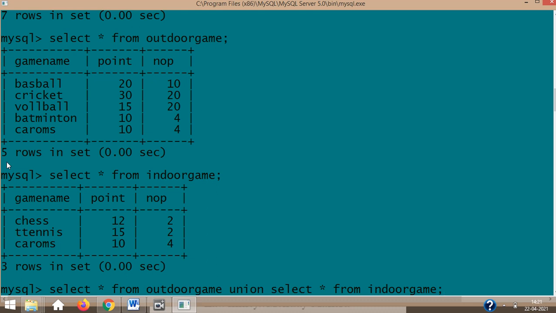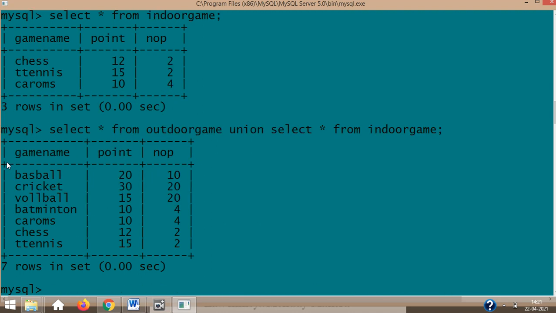When you union, you're joining the two tables' values. Basketball, cricket, volleyball, badminton. Then here chess and table tennis and carom are displayed in both the tables. So carom is coming only once because similar values are there in the entire record. If one value was different, it would have come separately. You got it, no? Here 10 and 4 are the same.